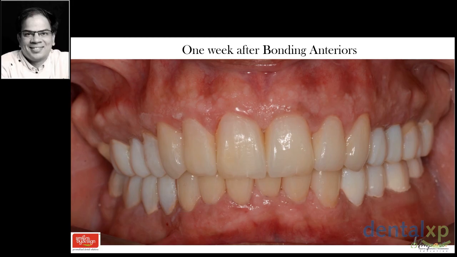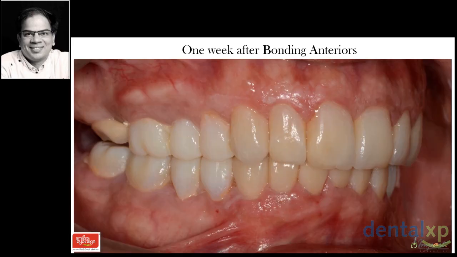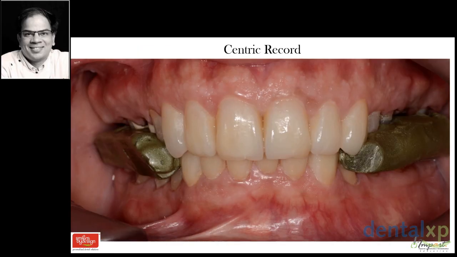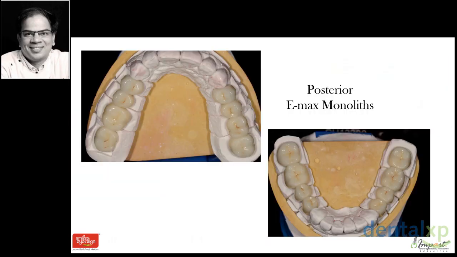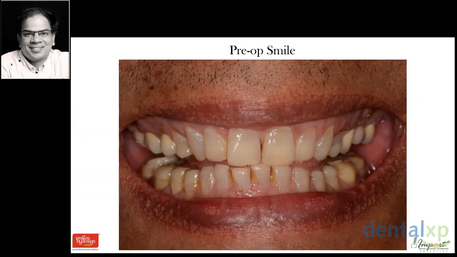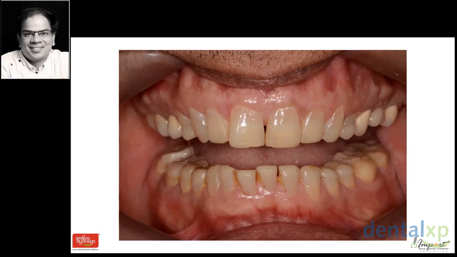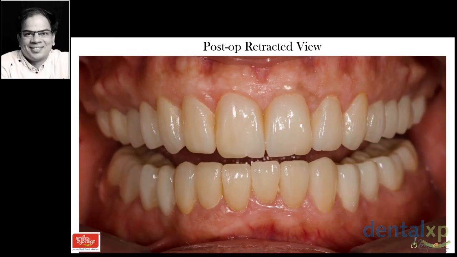The anteriors in this case vertical dimension, and then posterior monolithic. In this case, they are all Emax restorations. That's how I started, and that's how I finished up with a gummy smile. Same systematic approach that we saw in the previous, leading to the same level of predictability in our conservative approach to treating these dentitions. So this is post-operative in the right and left laterals. We will see that all the aspects we discussed earlier are maintained.